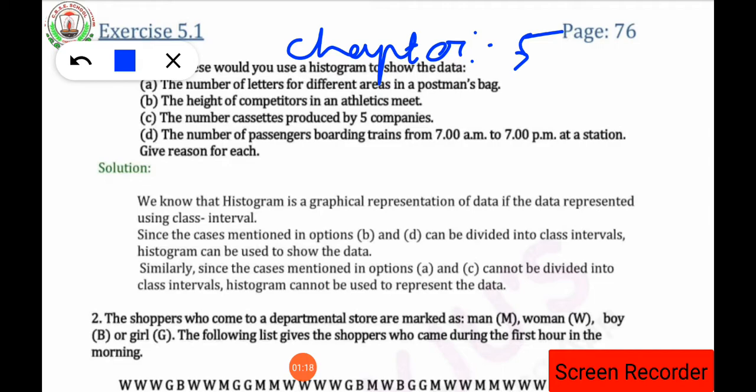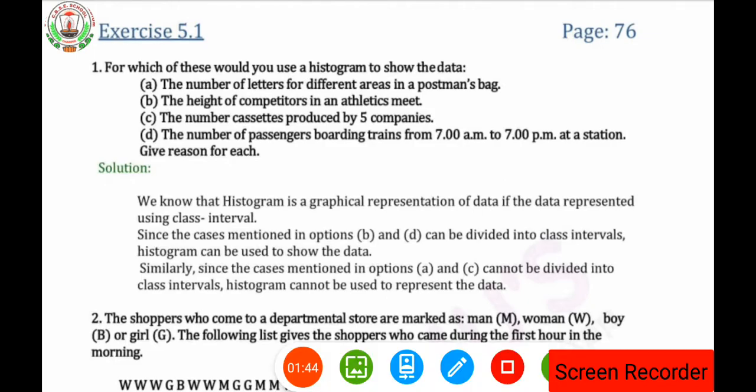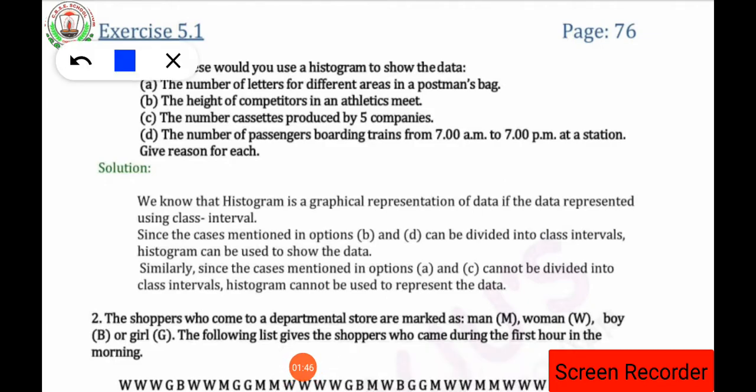There I had explained, I think, 4 or 5 definitions of graph, isn't it? So those definitions you have to just recall. Go through those definitions because they will be helpful for you to solve this chapter. Clear? So here some of the definitions which I would like to tell you, the first definition, that is data.